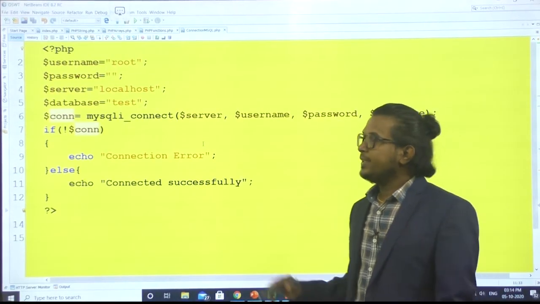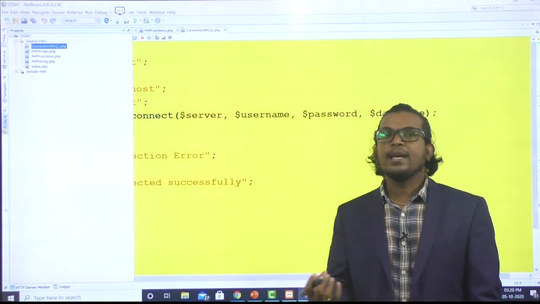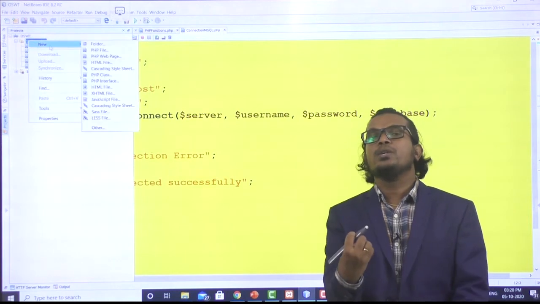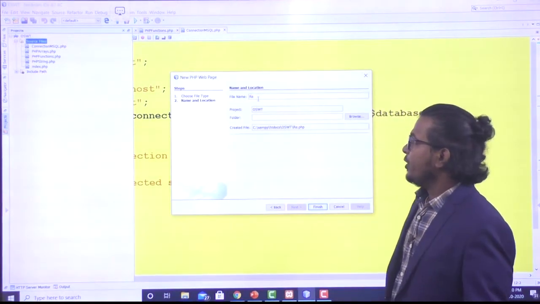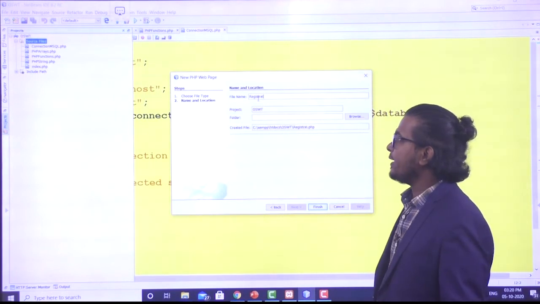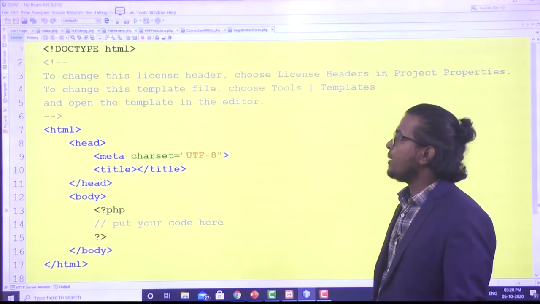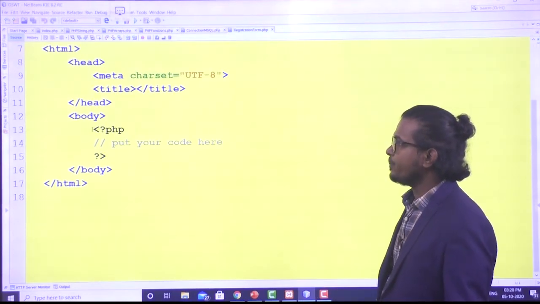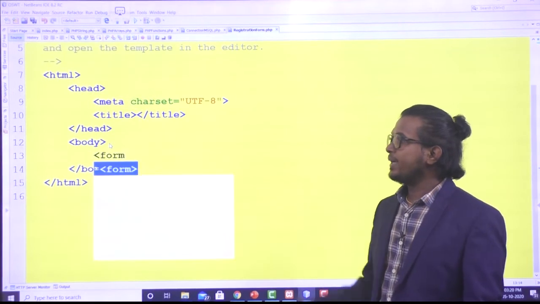So next, we are going to create a user form. We are collecting the user information and posting from one page to another page. That we'll see here. You create one new file. My file name is registration form. In that registration form, you create a form tag.